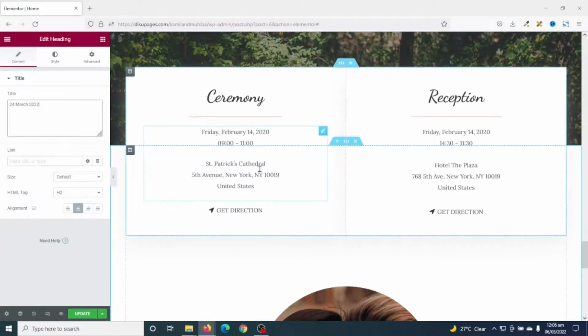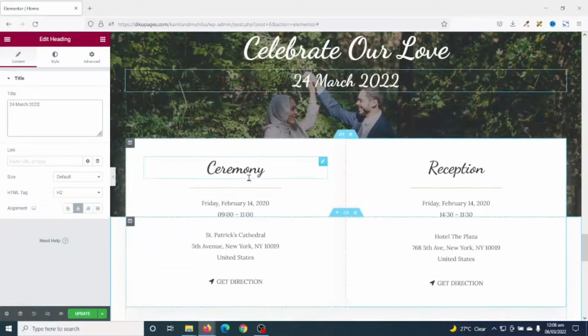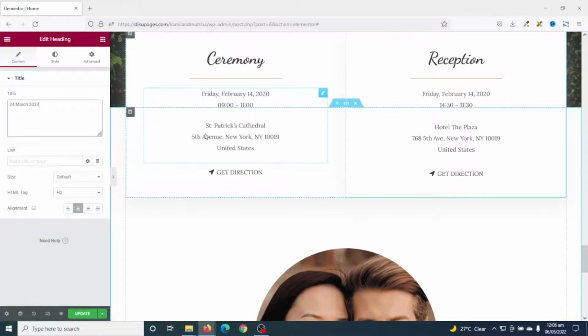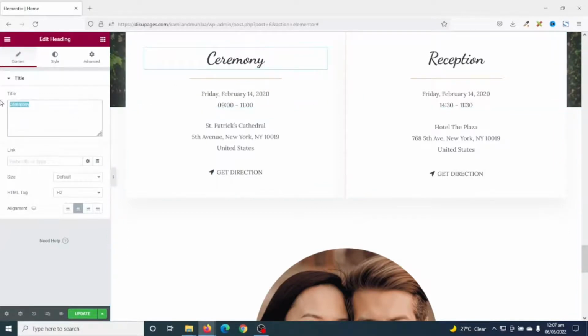regards to their locations. I'm actually making this wedding invitation website for Islamic wedding, and with Islamic wedding, depending upon where you are coming from, over here the bride will have to be at her own place and the groom will also be at his own place, so that at the end of the day, in the evening, they will send the bride over to the groom's place. So in here I go ahead and enter the location details about the groom, and here I enter the location details about the bride. So I change the title here to groom,